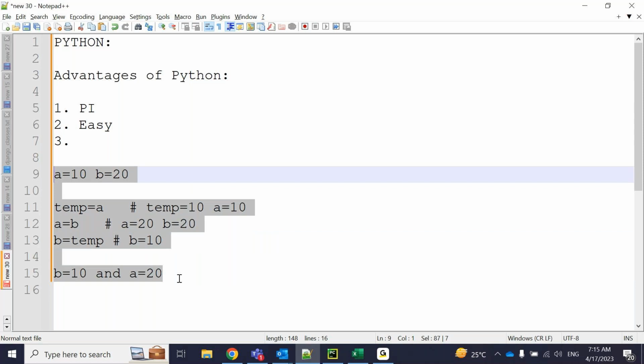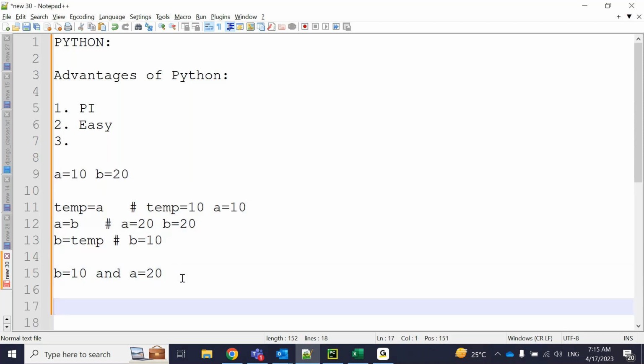Even now there is a possibility that freshers with Java may be asked this question. But if you go for a Python interview, people cannot ask this question, because in Python, for the same situation, the code is